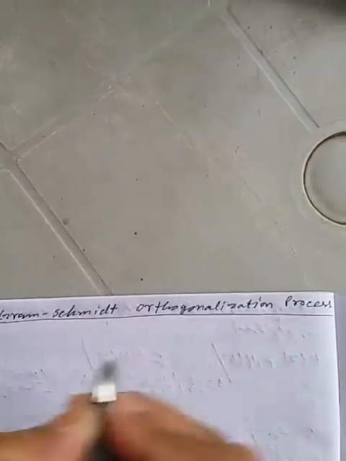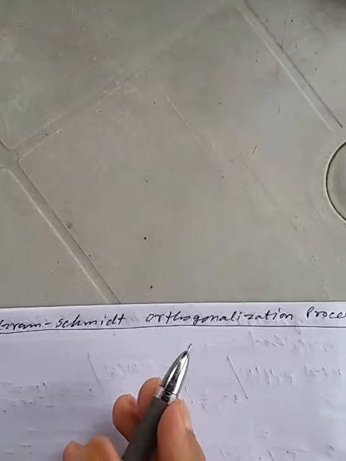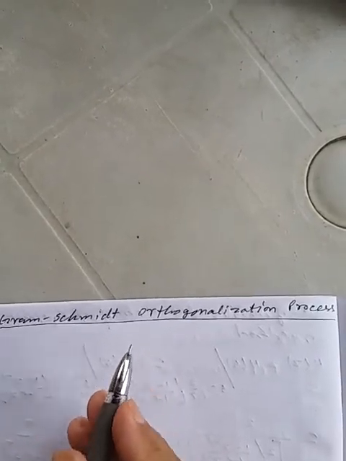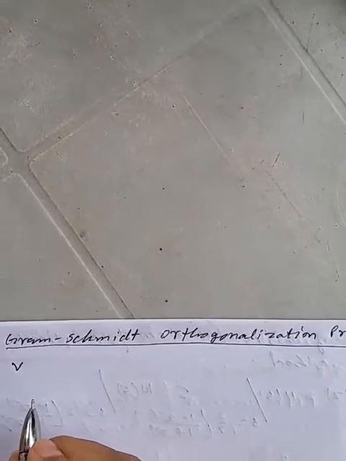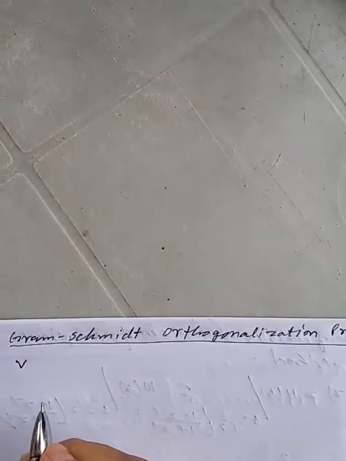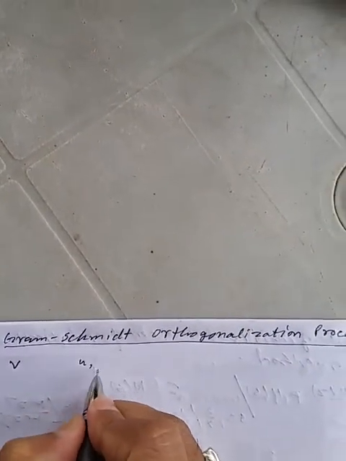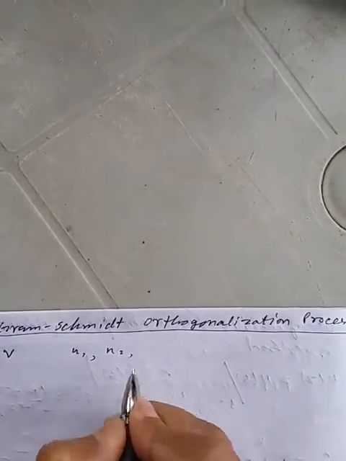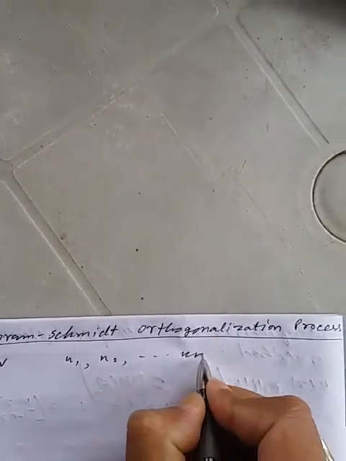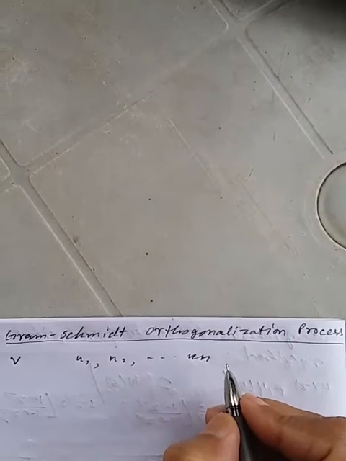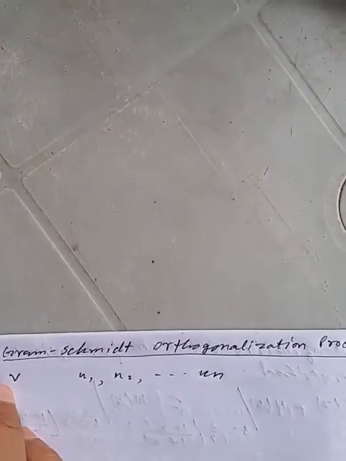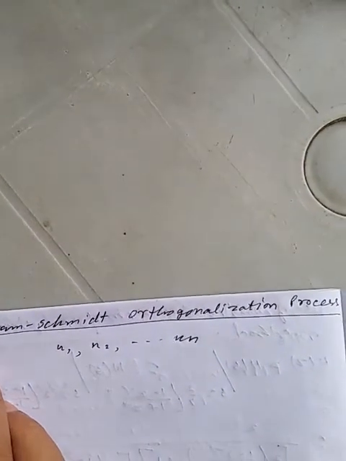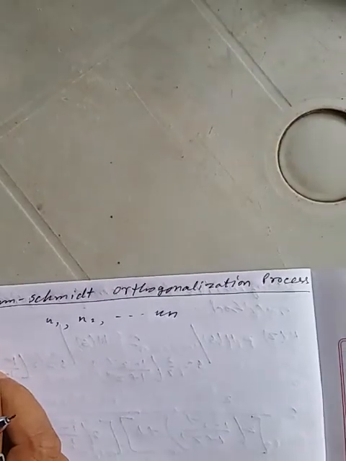Now, what is the Gram-Schmidt orthogonalization process? Let V, capital V, be a finite dimensional inner product space. Suppose u1, u2 up to un is a linearly independent subset of V. So this is basically a subset of V. Then the Gram-Schmidt orthogonalization process